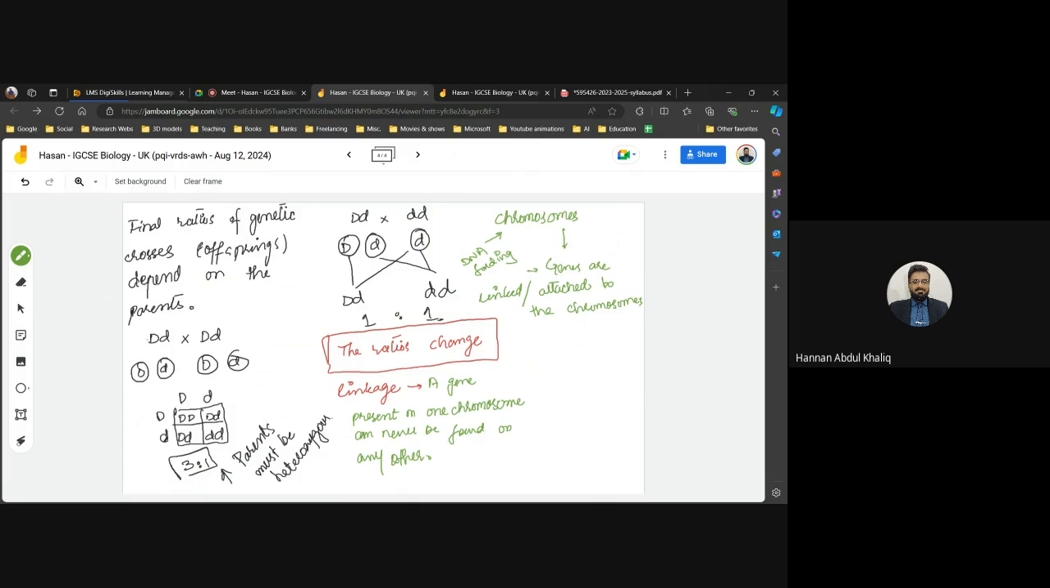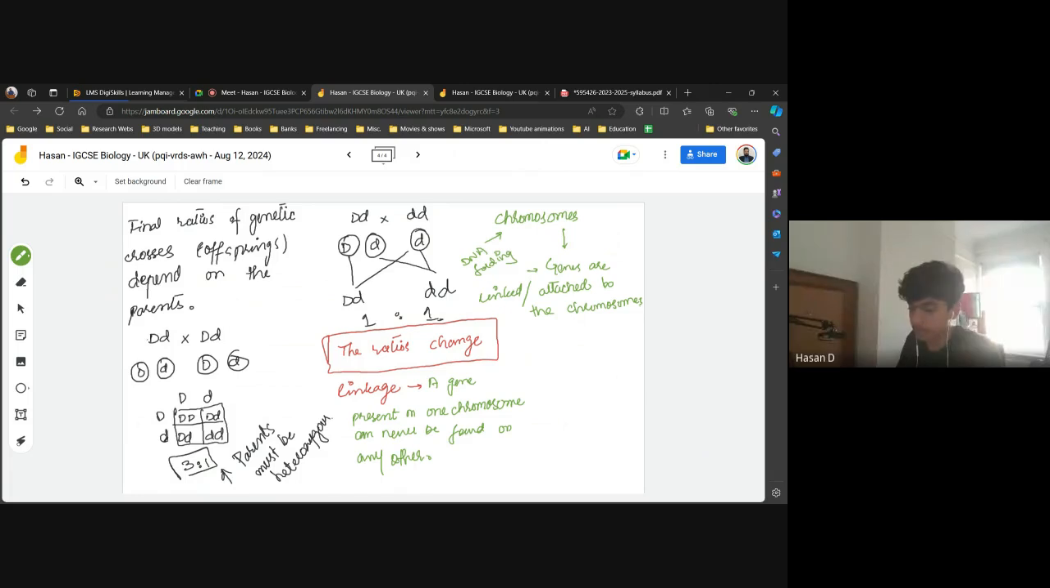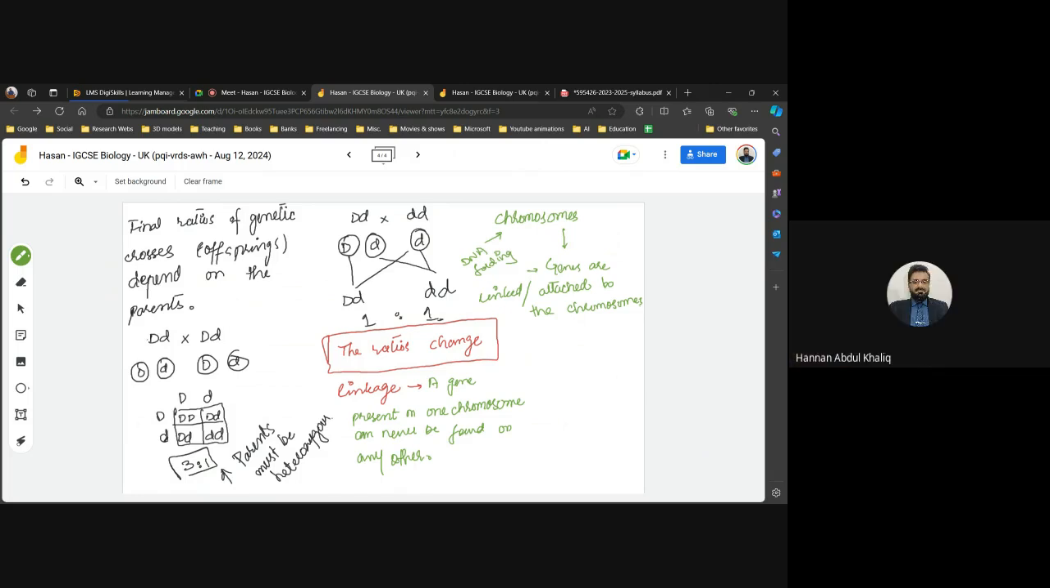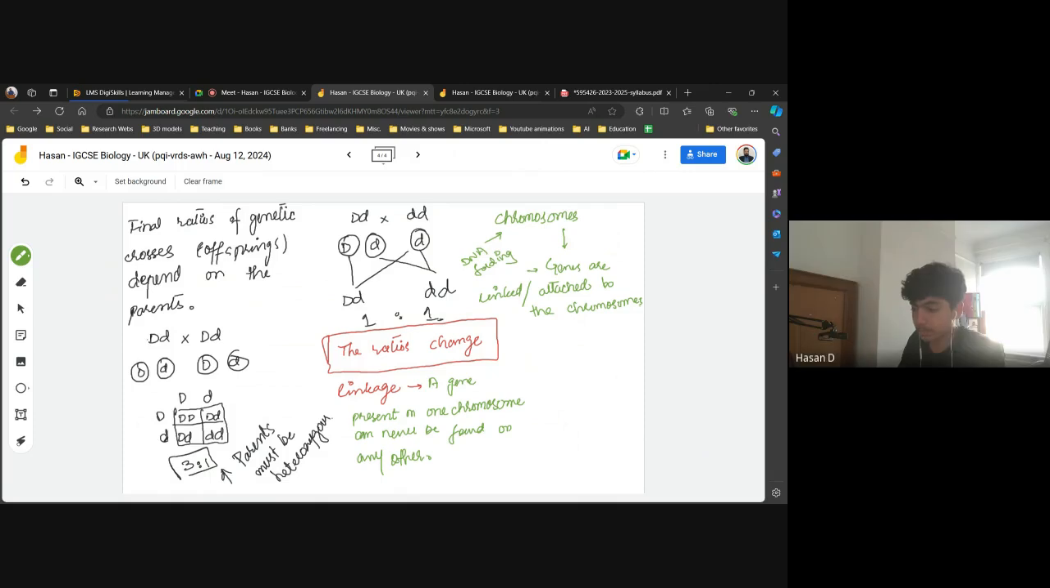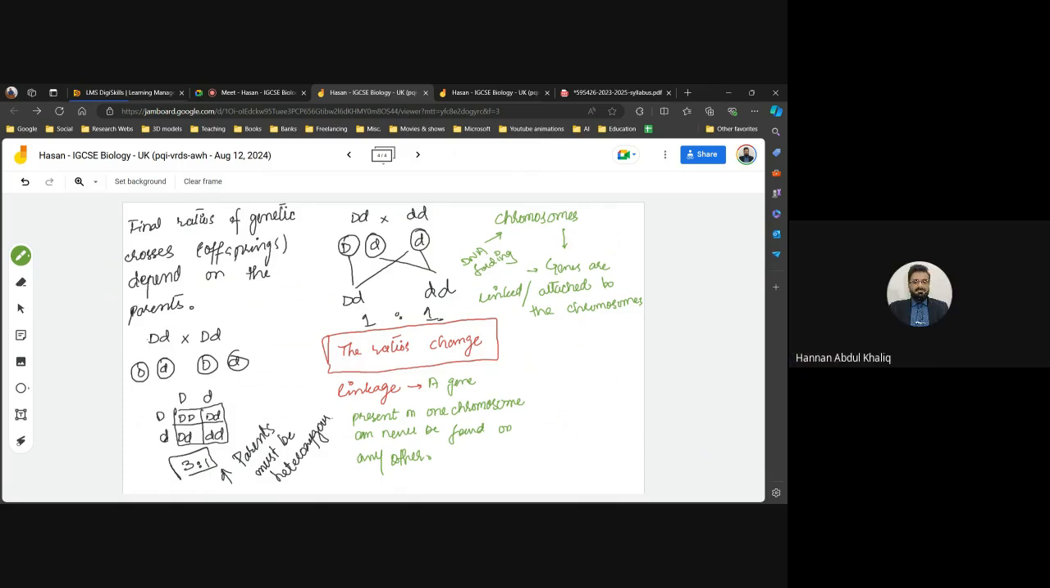Did you understand it clearly? And did you understand why I said that you can find a gene on its homologous pair? Yes. So now the thing is,